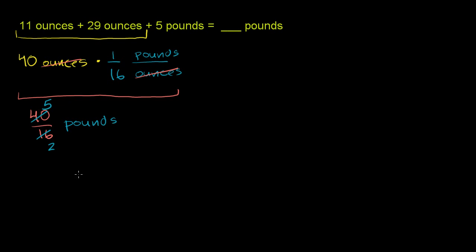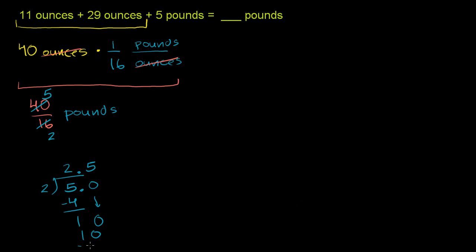If we want to write this as a mixed number, or even better, as a decimal, this is 5 divided by 2. 2 goes into 5 two times. 2 times 2 is 4. Subtract. You have a remainder of 1. We want a decimal, so let's put the decimal right there and bring down a 0. 2 goes into 10 5 times. 5 times 2 is 10, and we have no remainder. So this is exactly 2.5, which makes sense. 5 over 2 is the same thing as 2.5. So this first part simplified down to 5 halves pounds,